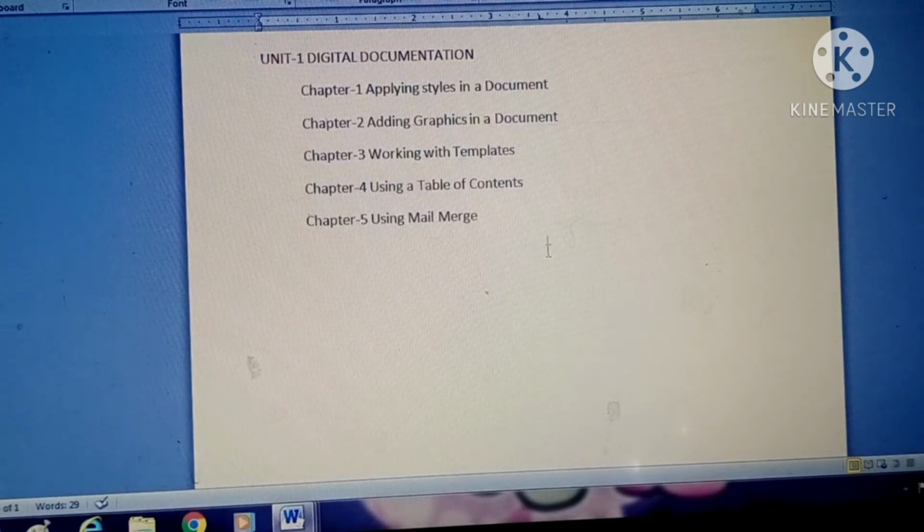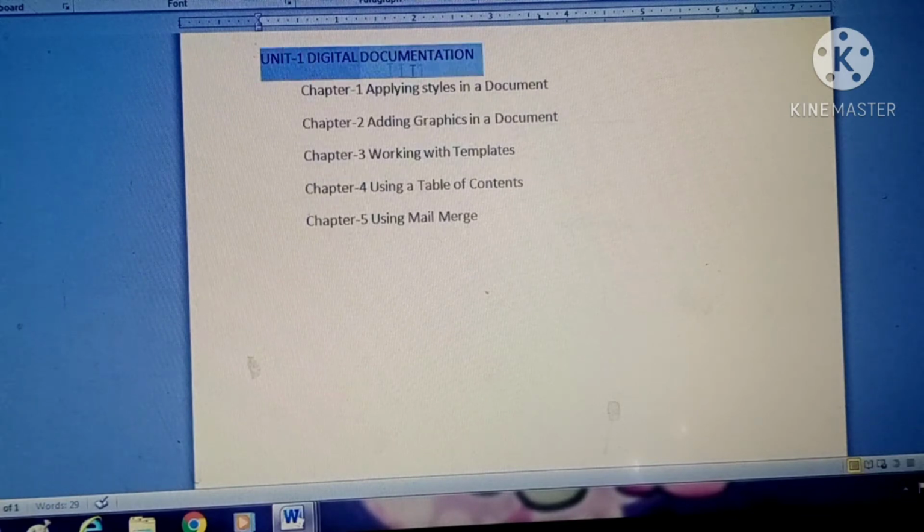For making a table of content, there are 3 methods. The first method is using the inbuilt styles. How can you use the inbuilt styles? This is your heading 1, then chapter 1 is heading 2. You can place all these chapter 1 to chapter 5 under heading 2, and you can also change it. You can change chapter 1 to heading 2, chapter 2 to heading 3, chapter 3 to heading 4, like this also. How can you make this?